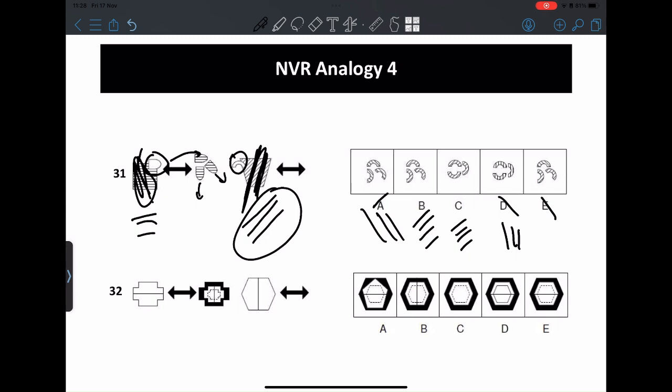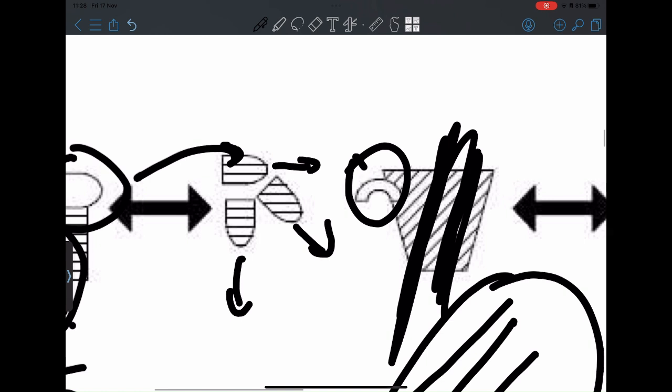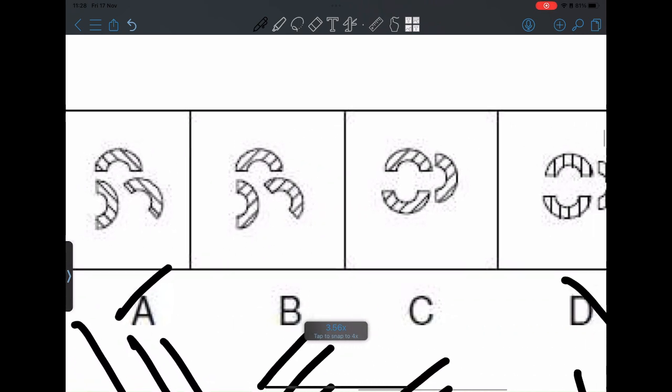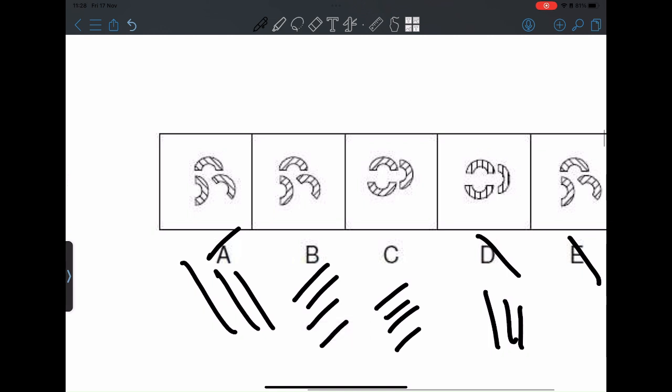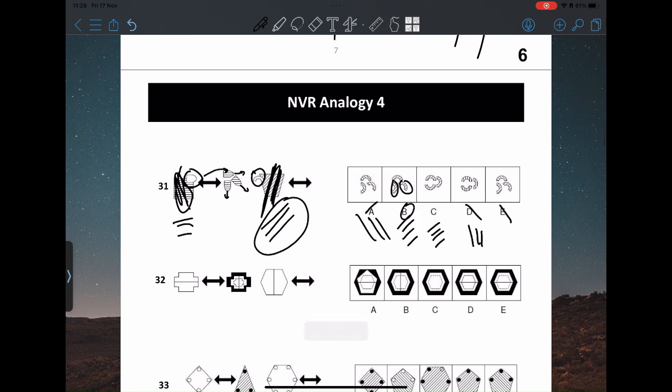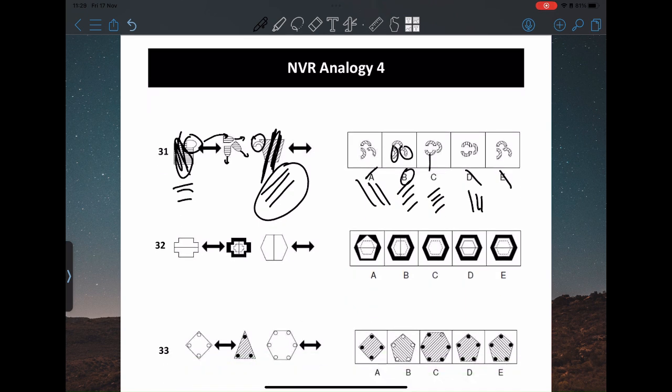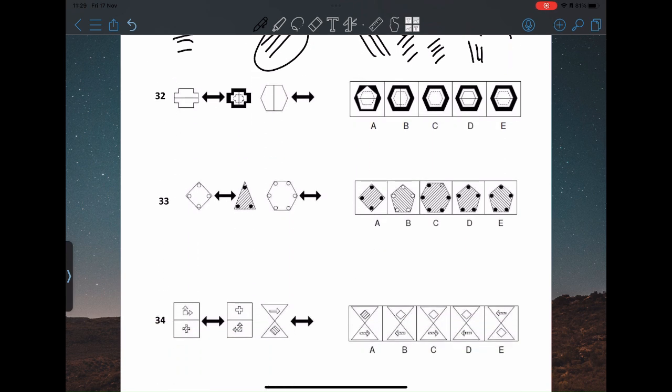Yeah, so basically I think we're just going to look at the rotation. So if you look at this, it's pointing this way, then it's pointing that way. So you've got a 90-degree rotation here, from this one to this one. And then you've got like a 45-degree. So if we just do that to here, 90 degrees here, and 45 degrees here. So I'd go with this, because that's a 180-degree rotation from there to there. Okay,